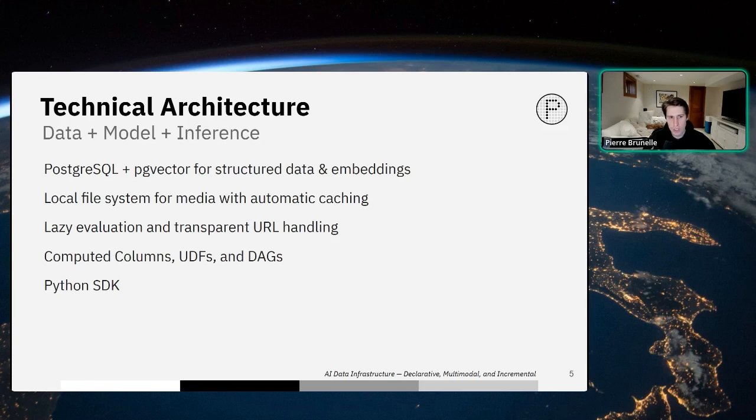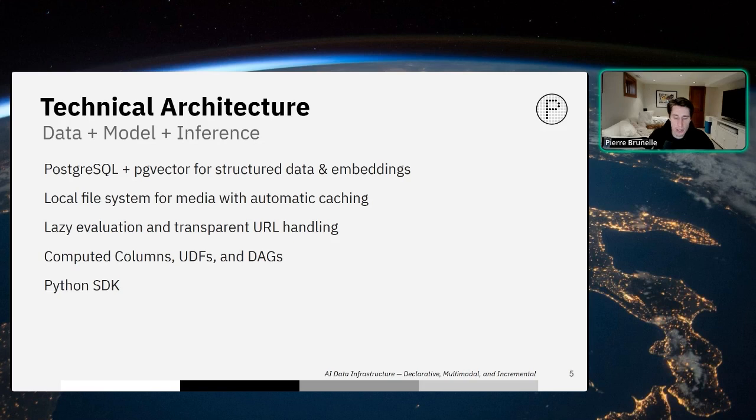But it is a building block to the experience that we provide. When you pip install Pixeltable, it's installing a Postgres server instance on your machine. There is no need for a Docker container. We leverage something called PG server, which is also available as a repo in our GitHub organization, which gives you, when you pip install on your machine, a Postgres instance, a local file system that stores all your media files